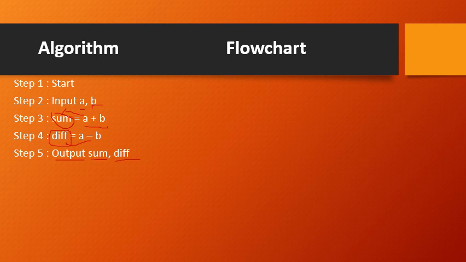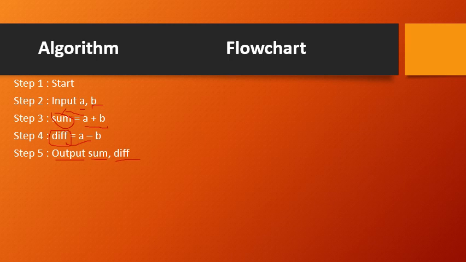So now just look here, did I solve the problem? What was the given problem? Find out the sum and difference of two numbers. In order to do that, the first step mandatorily start I did, then read, that is take those values as an input, then calculate sum, that is add them, keep it in a sum, then take the difference, store it in a difference. So I did that. Then next step is what? I need to provide the output, that is the results I have to give back. So the results are given as output, sum and diff.